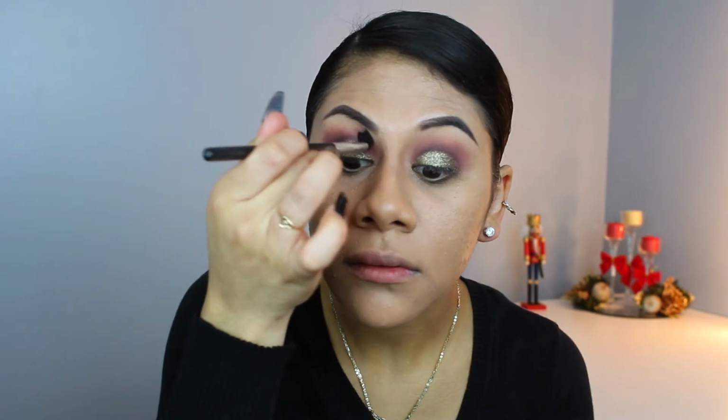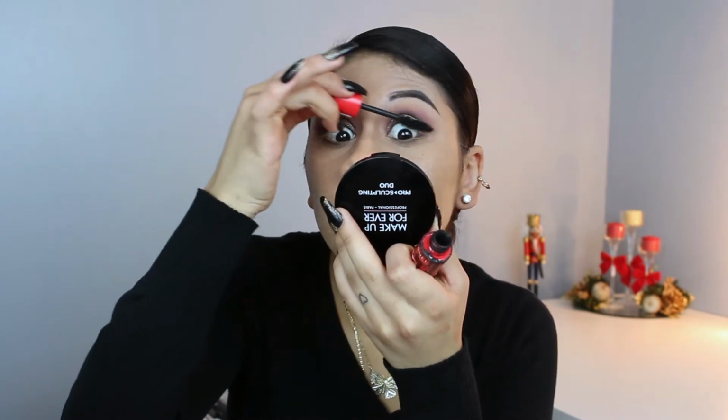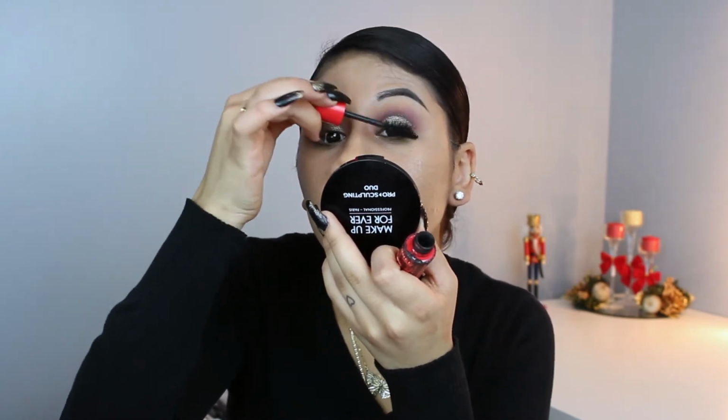And now I'm using a much bigger brush, not as big as the Sigma E40, and I'm blending out, diffusing that purple shadow on top because for some reason my pigment always transfers all the way to my crease, so I'm trying to make sure that I don't have that pigment on the crease. And now I'm taking my mascara that I love, the Rimmel one,